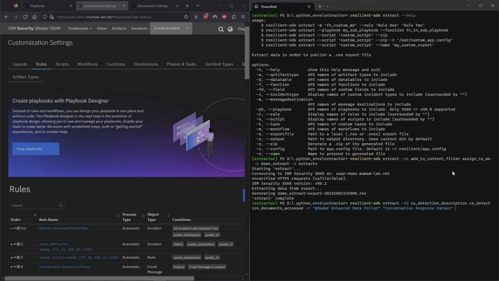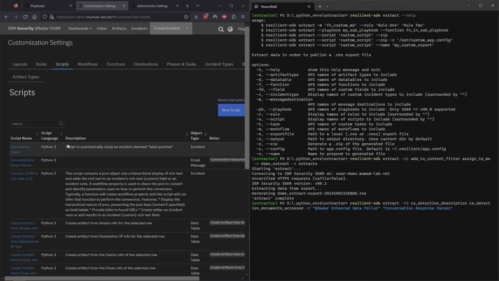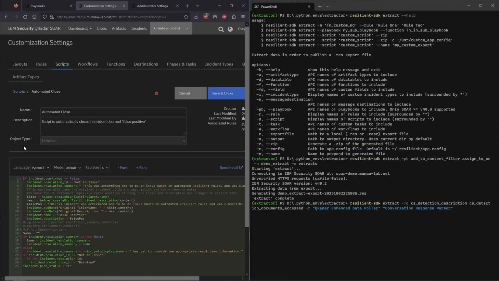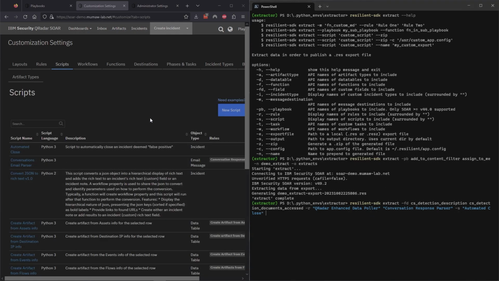Now that I've got a couple of rules, now let's go ahead and grab a script. Scripts are going to be the same way as the rules, where the scripts, as you can see, do not have an API name. So what we're going to go ahead and do is we're going to do a -S for script. We're going to grab the full name here, do a copy and paste, and then over here, we'll go ahead and put that in quotes. We'll just grab one script here,